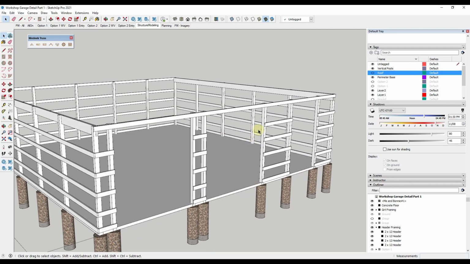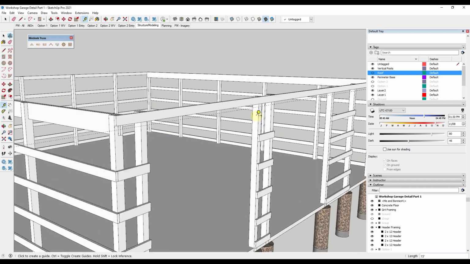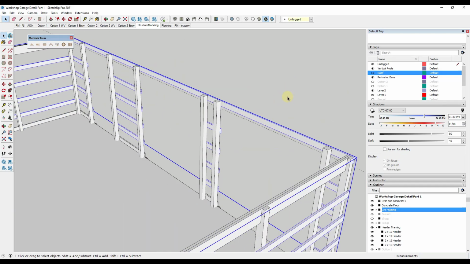And so another thing that we're going to need is we're going to need some headers over these big openings. And I'm assuming that I want these openings to be 10 feet tall. So I'm just going to use the tape measure tool and create guide mode. I'm just going to create a guide 10 feet off the ground. And so what I'm going to do is I'm just going to come around to the back